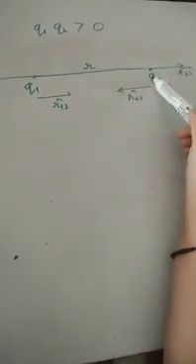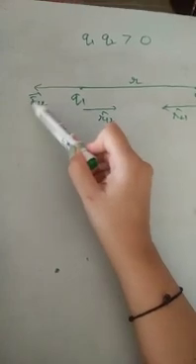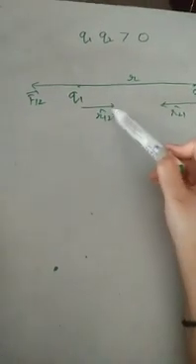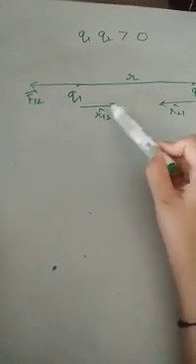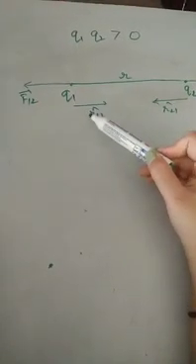So this is F21. F21 means force on 2 due to 1. Which charge is pushing this charge this side? That is first charge. So force on 2 due to 1, and this is force on 1 due to 2. This is R12 unit vector, that means the unit vector pointing from charge 1 to 2.